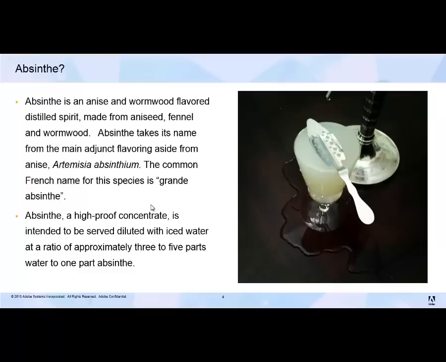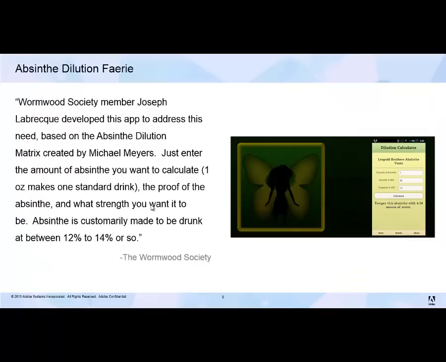So, what does the application do exactly? The application, we've called it the Absinthe Dilution Theory. And here's a little quote from the Wormwood Society about the app. Basically what it does at its core is it's a small calculator where you can just, at a party or if you're preparing absinthe for someone, specific absinthes have specific ABV percentages, and they also have specific,